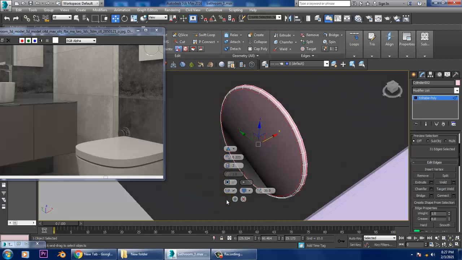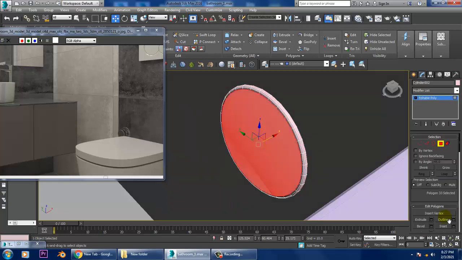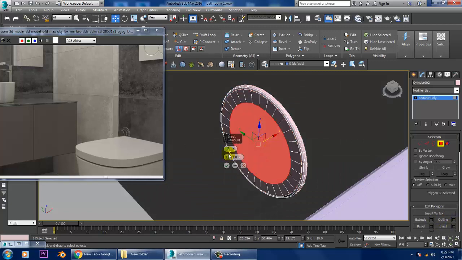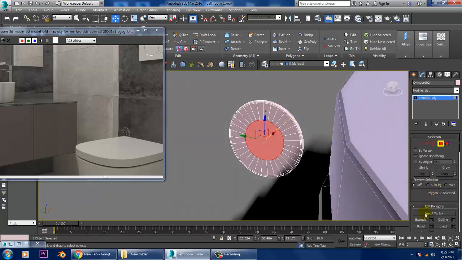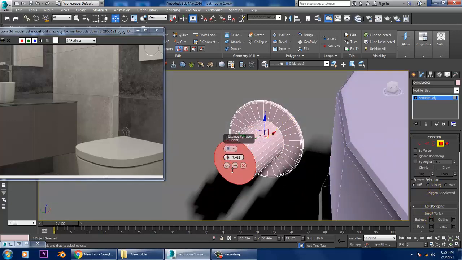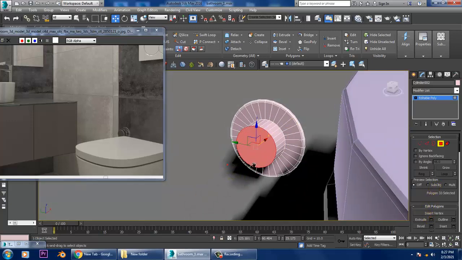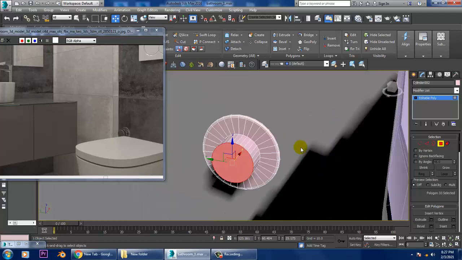And click OK, and let's give inset over here, and let's give a bit of extrude over here. So definitely you can reduce the size.